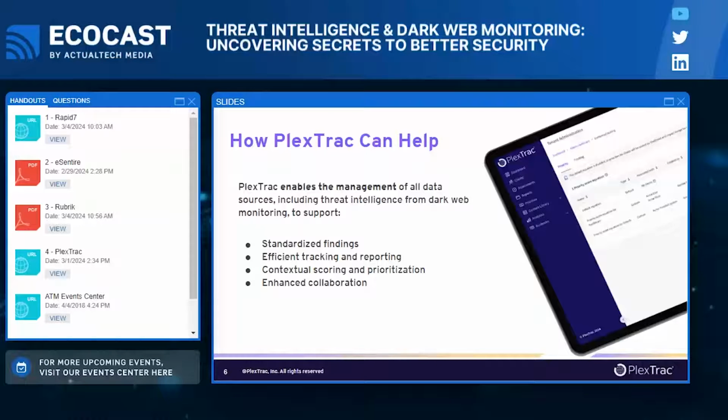The next one is contextual scoring and prioritization. On the prioritization, what we do is we can help group these findings in accordance to certain applications or certain network segmentation. For example, if you bring in a load of sources of dark web intelligence, threat intelligence from the credential intelligence, that credential intelligence might have different logins and maybe cookies associated to different applications across your organization. Now, what you might want to do is group that accordingly to the applications you're looking to prioritize. So you can prioritize it and then make treatment plans.